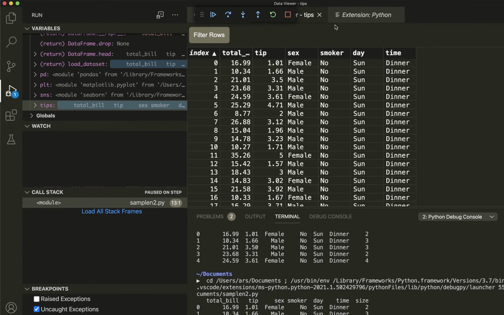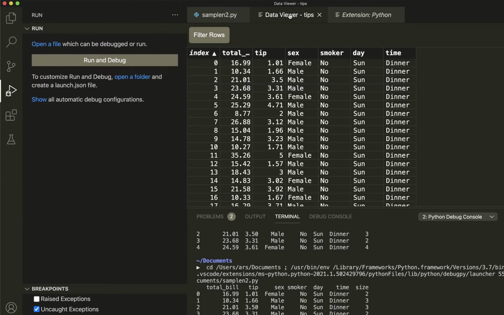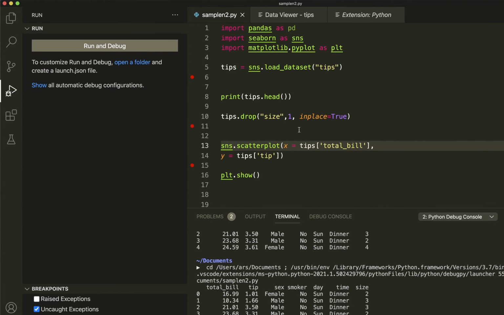We can just go back to the code also and change it if we want, but yeah, that's the main thing. So we can stop the execution, and then we can see that the data viewer in the debugger is quite helpful, especially if you are somebody who works a lot on data analysis and data manipulation, especially with Pandas data frames.